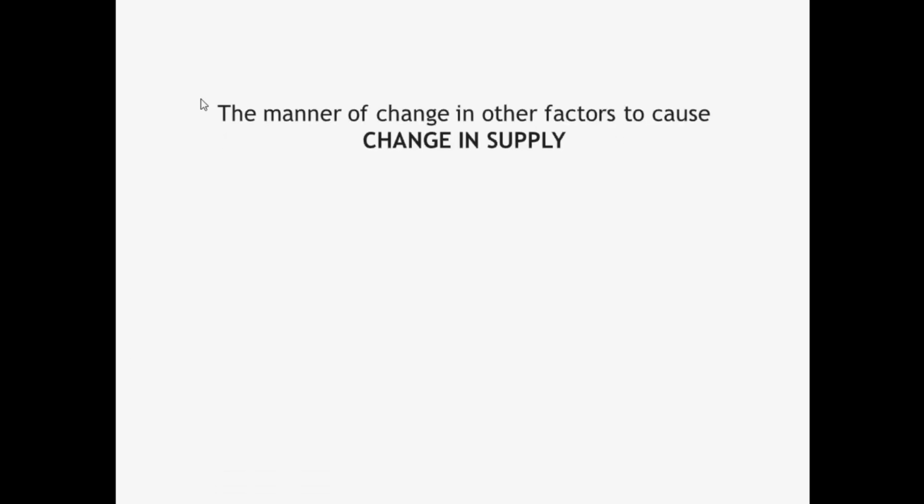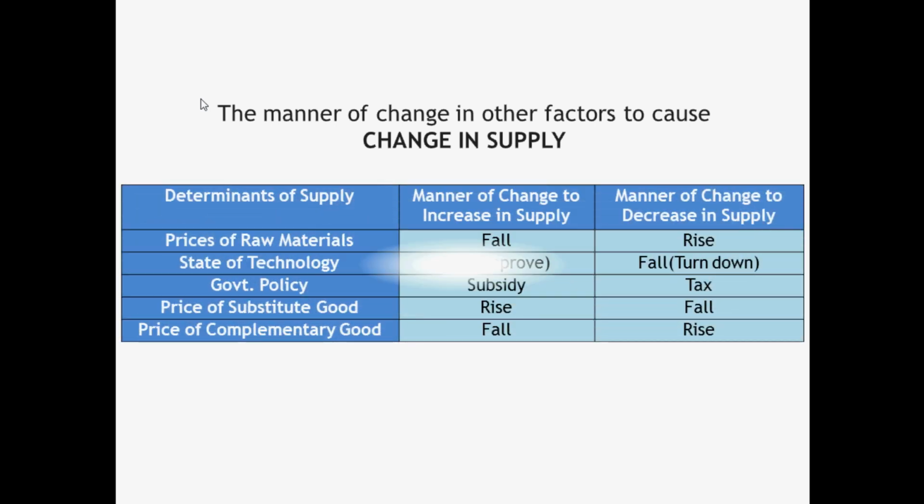Here is a table given to examine the manner of change in other factors to cause change in supply. Let us consider one of the important factors, the state of technology. If technology improves, it causes increase in supply, and the supply curve shifts to the right. On the other hand, if technology turns down, there will be a decrease in supply, and the supply curve shifts